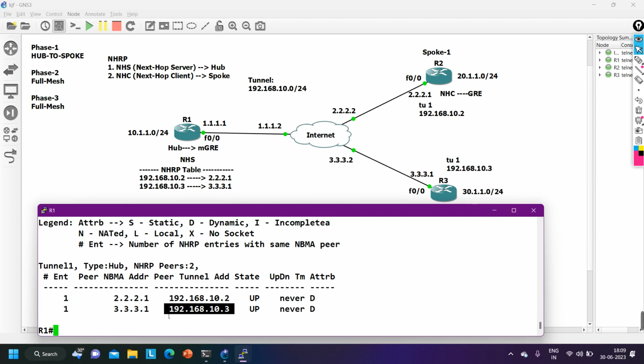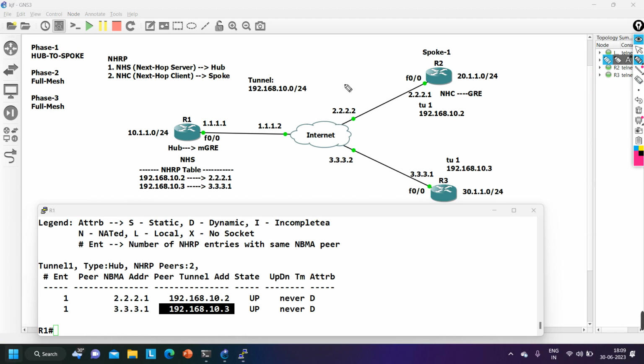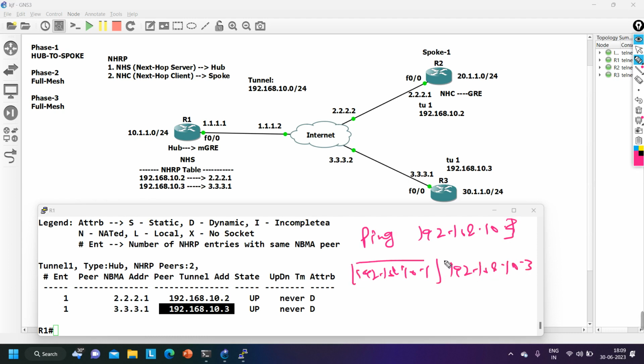So whenever router 1 needs to forward traffic to 192.168.10.3, let's say I am pinging from router number 1, ping 192.168.10.3. So the source IP will be 192.168.10.1 and the destination IP 192.168.10.3. After that, it will add one GRE header,